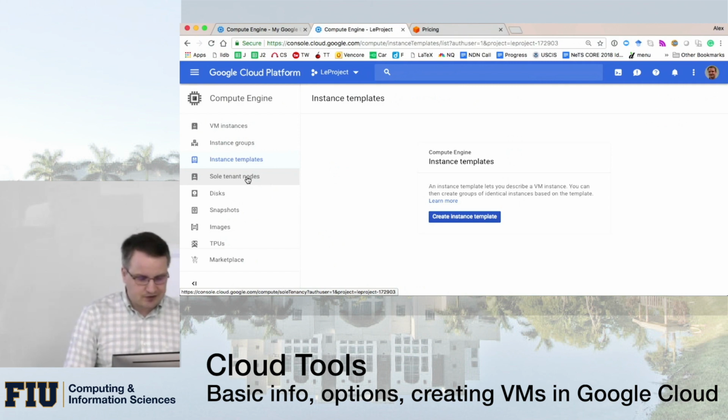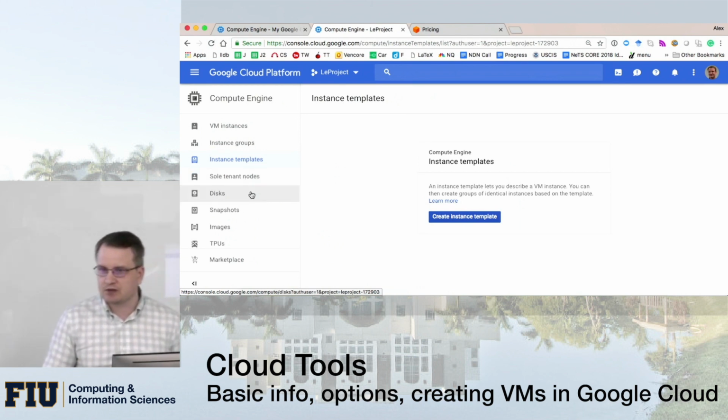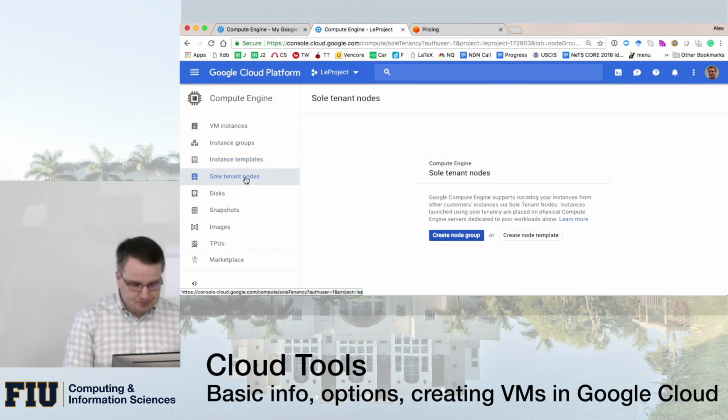Templates, it's not that interesting right now, but you can create templates of what you're instantiating and save it as a template, so you can quickly instantiate what you need